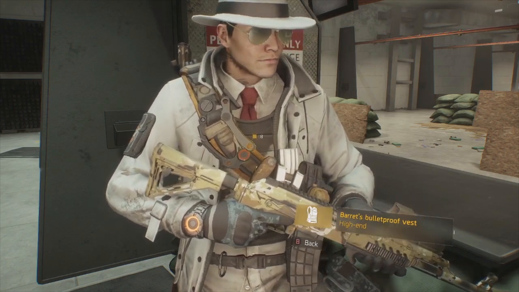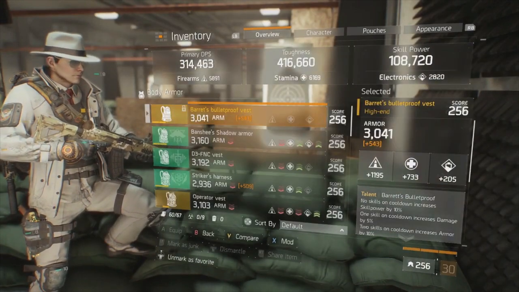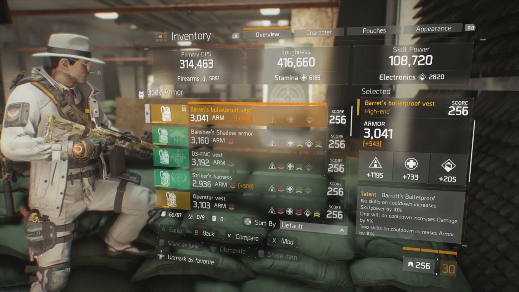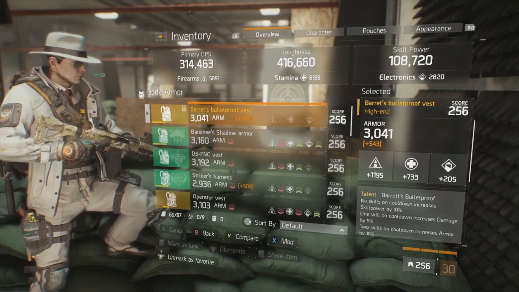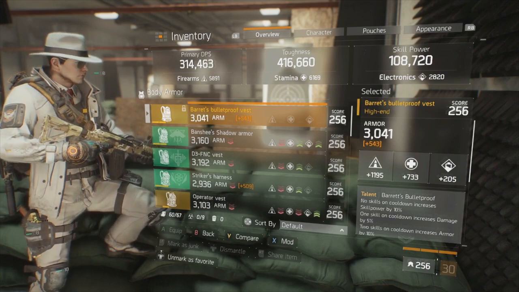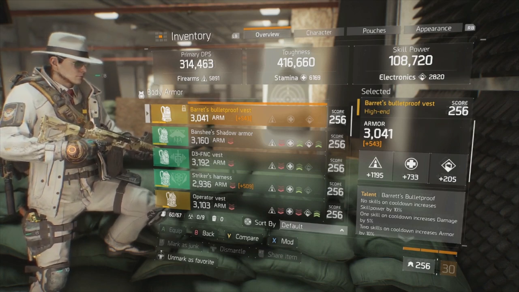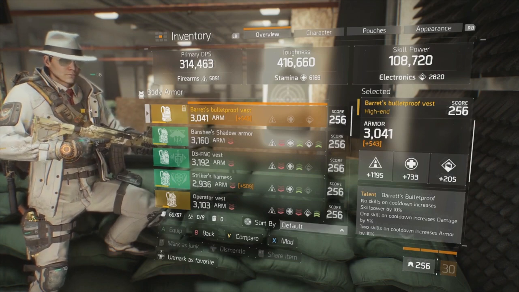Now, it is very important to note, as I previously stated, this is not integral. You can switch this out at any time. There are a lot of viable alternatives. Number one that comes to mind is Vigorous. That is a very potent alternative to this chest piece and allows you to receive an overheal from your own booster shot as well as all the healing from your teammates. It is something that is very strong in a group composition, but Barrett's Bulletproof Vest is probably better for solo